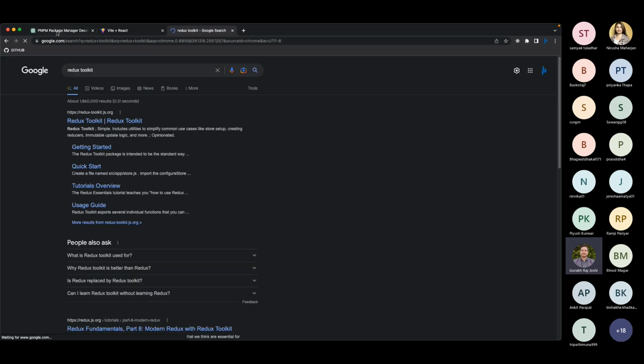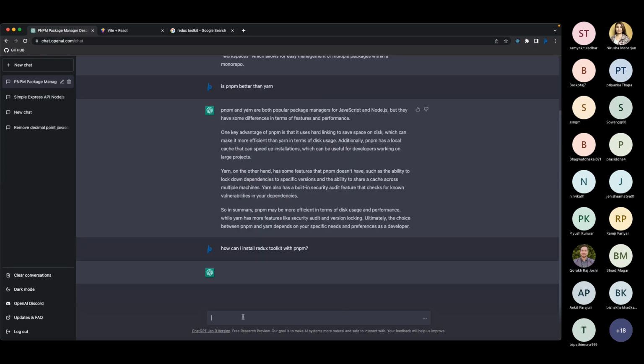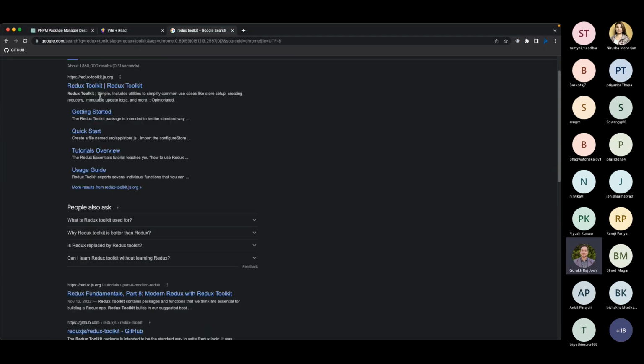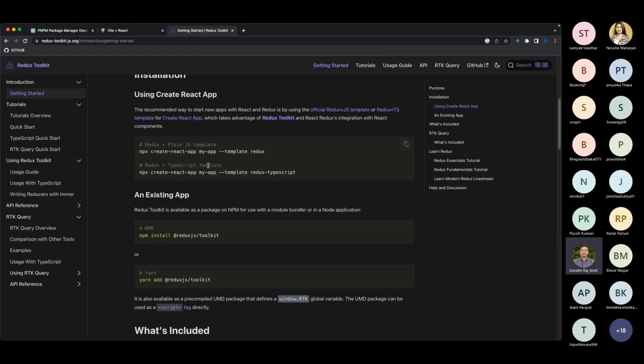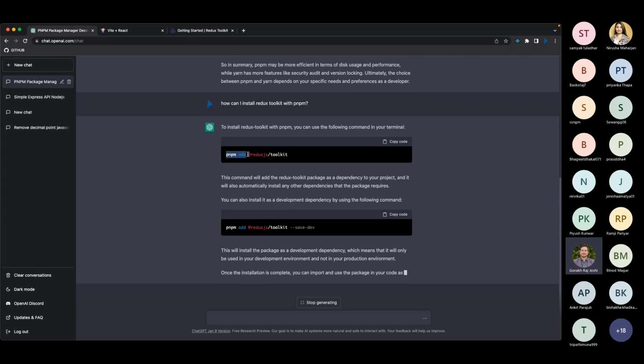Or you can just type here, for example, how can I install Redux Toolkit with pnpm? It will give you the exact answer, but you can just search here for the name of the package as well. For example, you can go here, get started, and this here is the name of the package. But you have the exact answer here. What do you need to do? Just write pnpm add